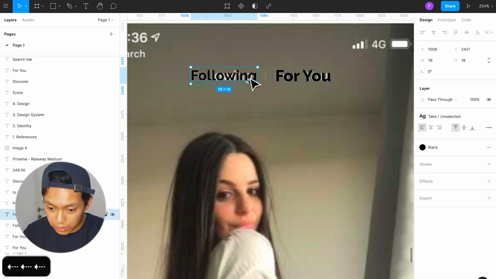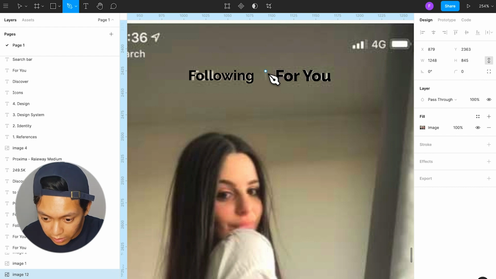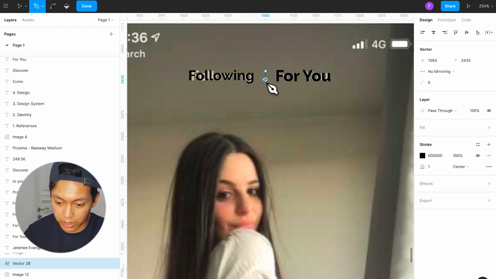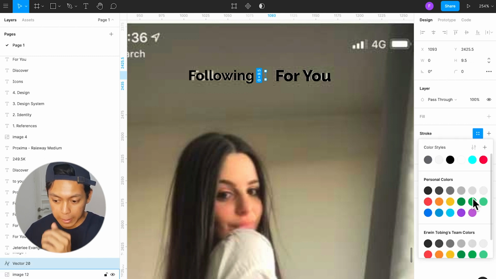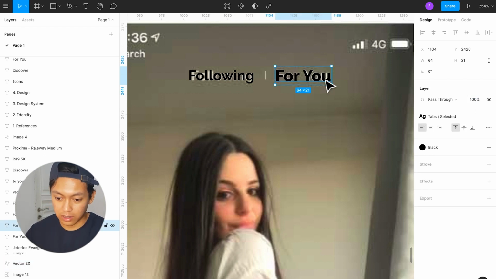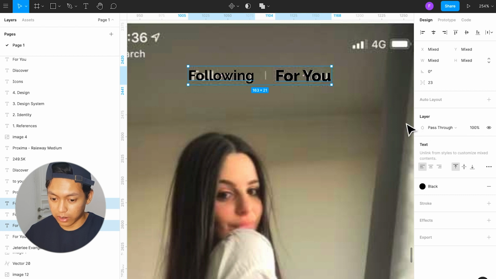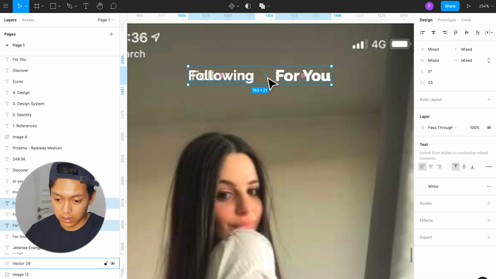Okay, now I'll move this a bit to the side, and there's actually this really thin line in between the two, so we'll add that. I'm gonna assume it has like a 0.5 pixel width. And for this, let's use our white, and then we'll change the opacity of that to 60 to match the nav bar. Now we need to change the color of this, and